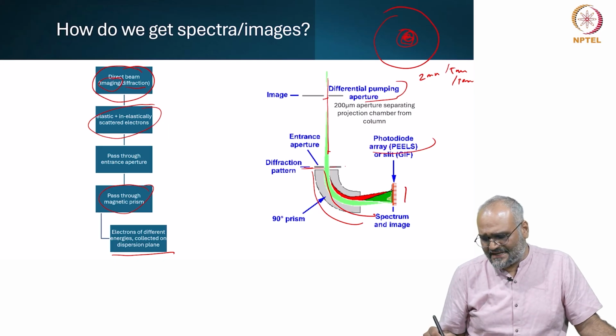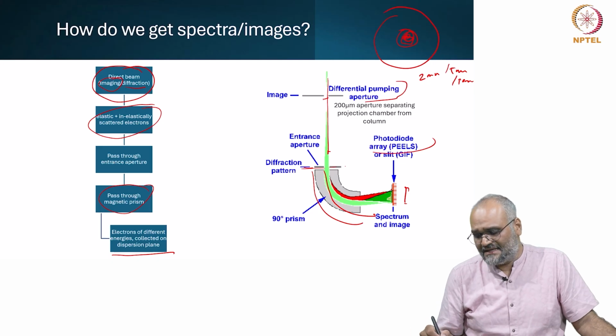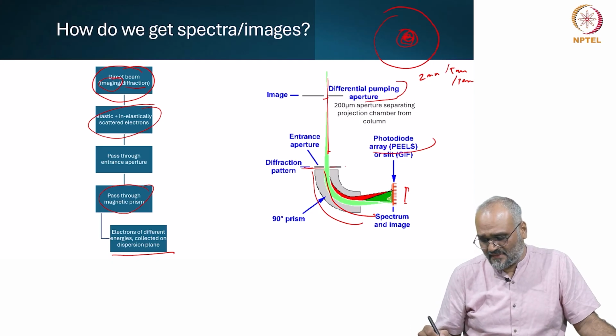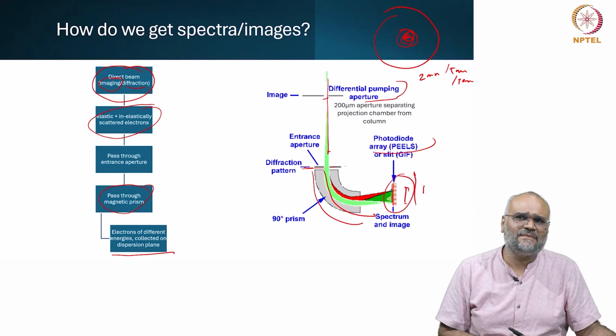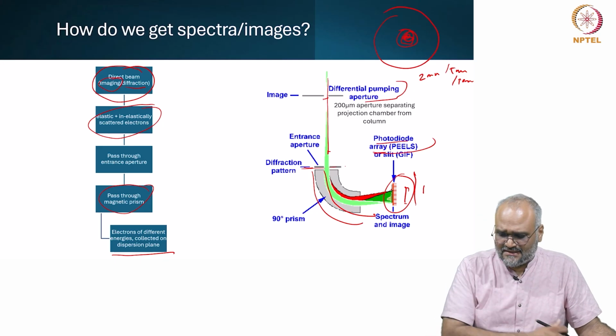You are now dispersing the inelastically scattered electrons as a function of energy here, and this is what is recorded on either your CCD camera or, in the old days, the photodiode